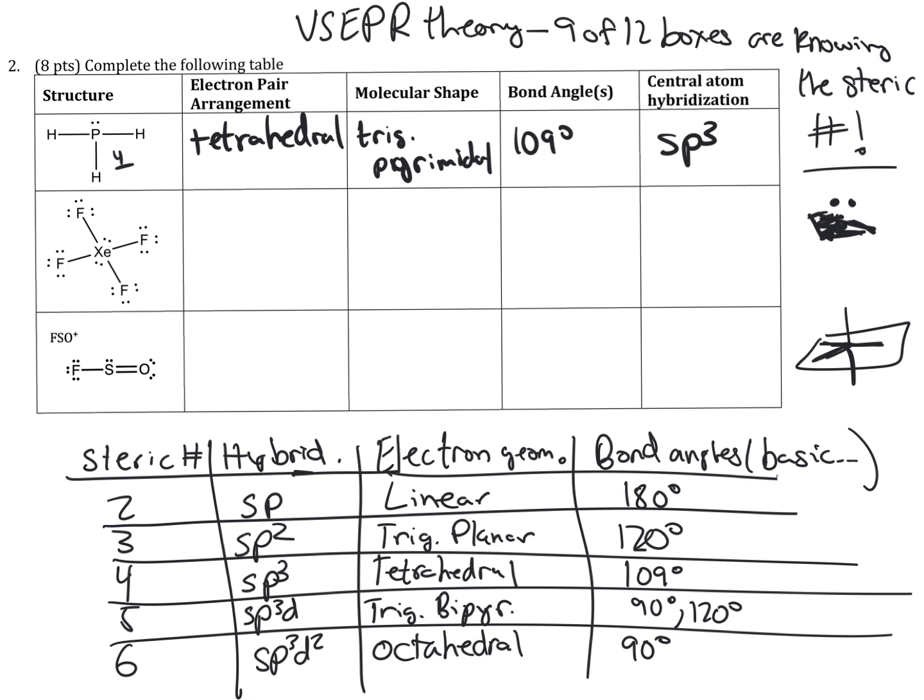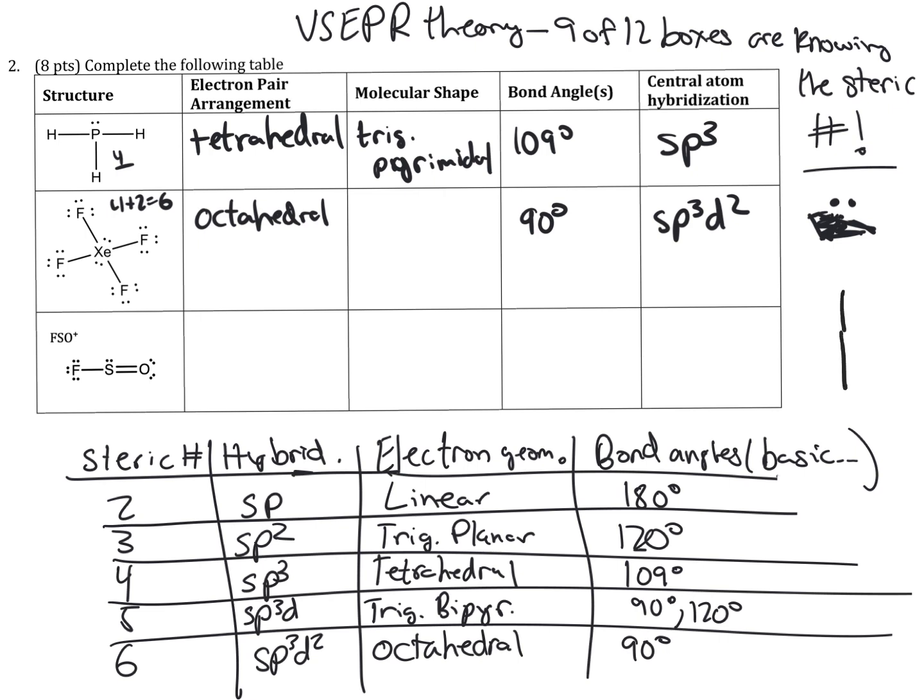There we have XeF4. The steric number is 4 bonded atoms plus 2 lone pairs, which is 6. That makes the electron pair arrangement octahedral. The bond angle is 90, and the central atom hybridization sp3d2. The molecular shape, we have 6 total things there, and 2 of those are lone pairs. Lone pairs stay as far apart as possible, so the lone pairs go above and below. Again, we've got 6 things here,